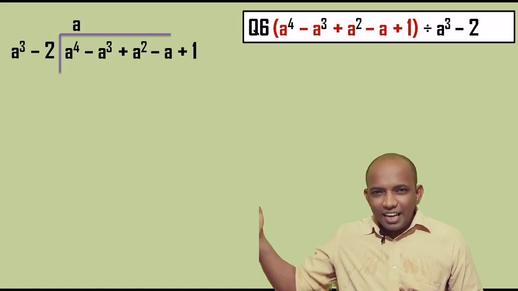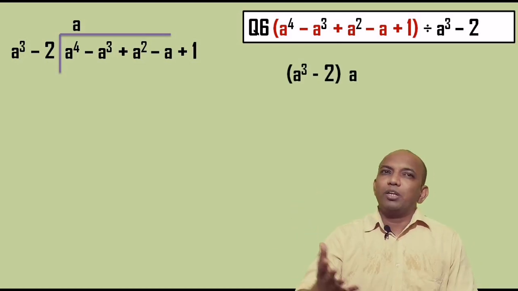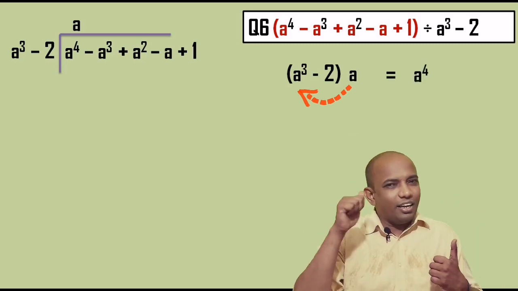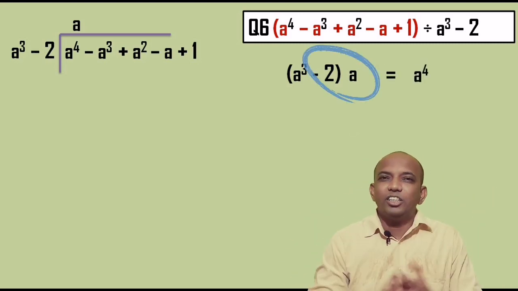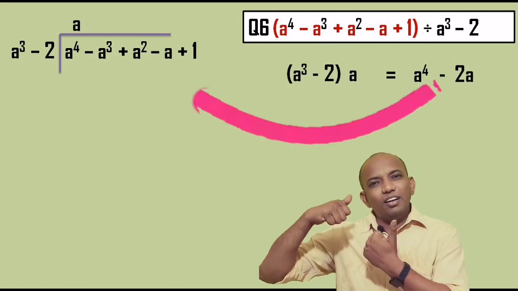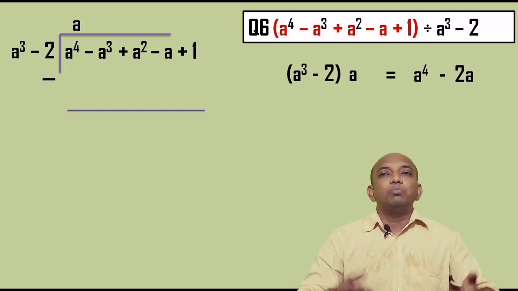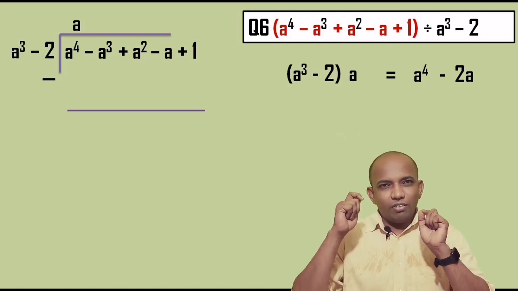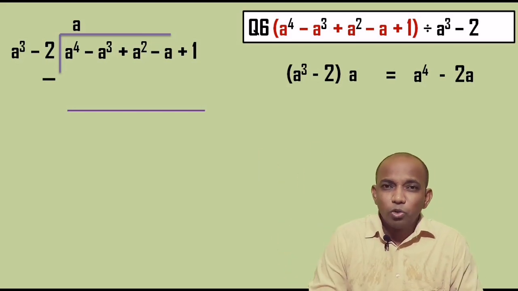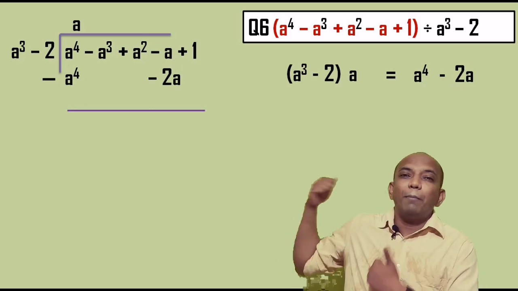After this, that a and a cube minus 2 will multiply each other. Of course, fountain method, according to which a cube into a will give you the result a raised to 4 and a into minus 2 will give you the result minus 2a. Now these two terms, a raised to 4 and minus 2a, will be written in the subtraction form, right? But how to write? Like terms must be below one another, right? So we have a raised to 4 as a first term, so write below a raised to 4. After that we have minus 2a, so write that minus 2a below minus a.